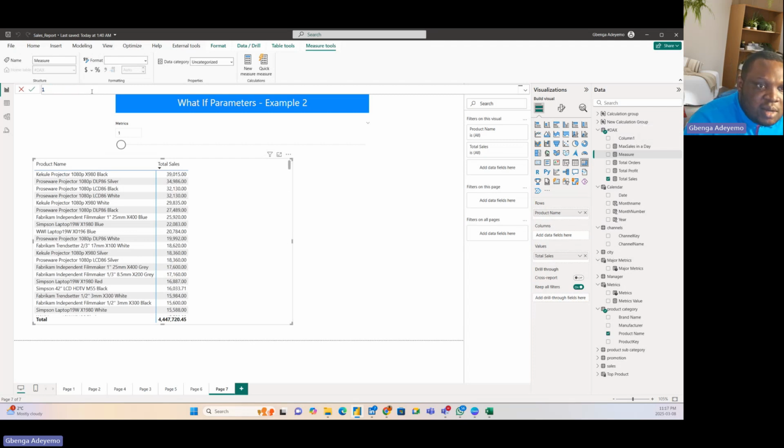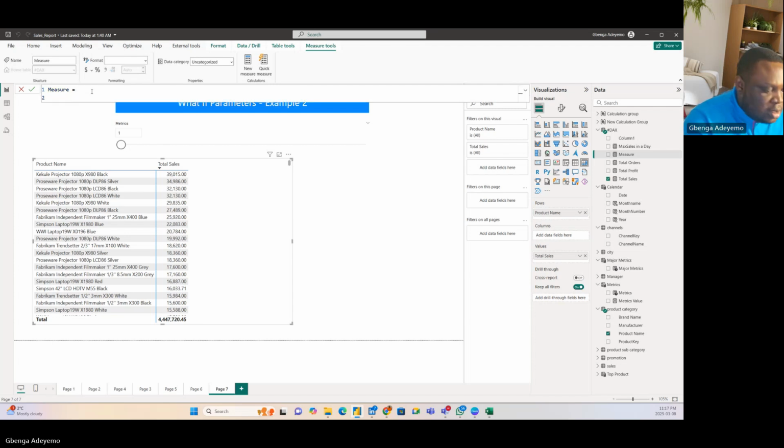Let me just call it measure. And I say measure equals. Now, what I want to do is write a variable. The first variable, let me just call it dynamic top n, equals to,